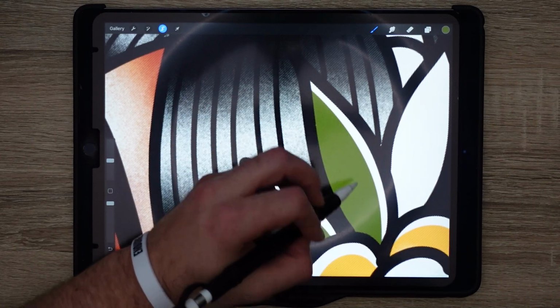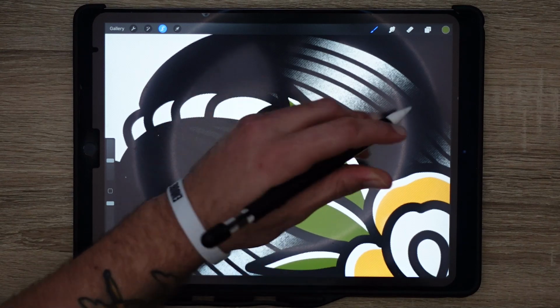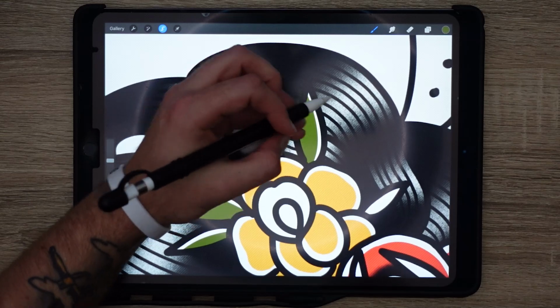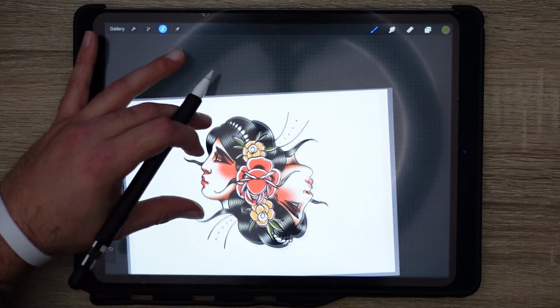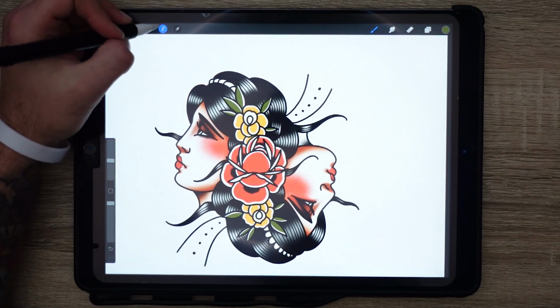And whichever side you do, I recommend you just continue that through for the rest of the ones on the same rows. Sometimes it looks a bit weird if they suddenly change sides. Flip it around the right way. So